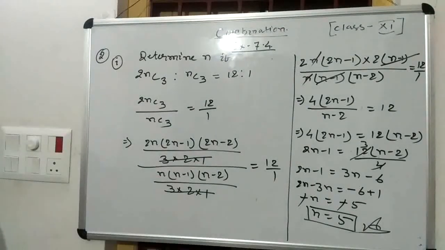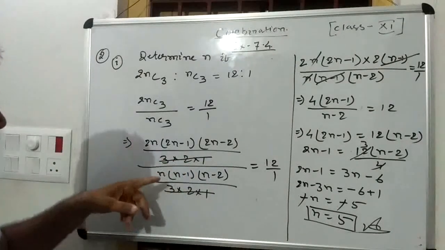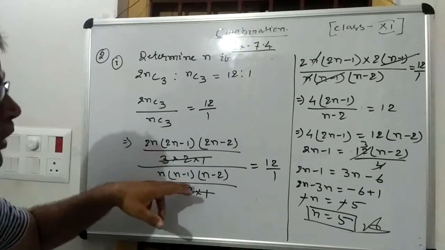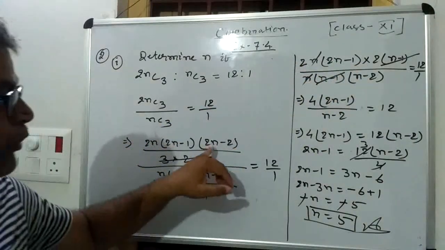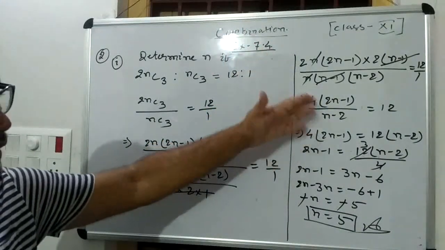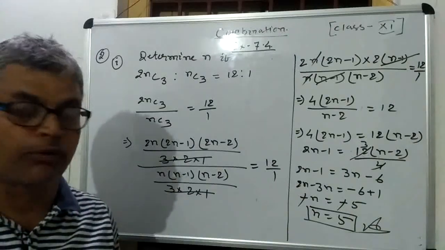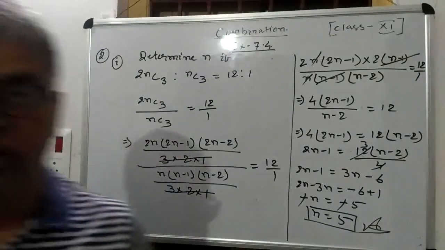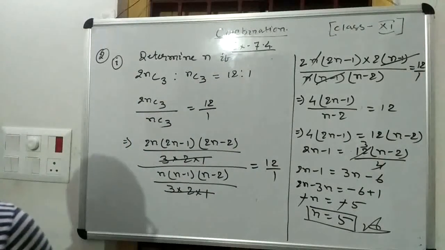So in this way, children, this question can be solved in a very easy manner. This is the method by which you can solve it. In this way, we apply the shortcut method of calculating the combination. So 2nC3 can be written in this form, and thereafter taking 2 common from 2n minus 2, then cancel the similar terms in the numerator and denominator, and thereafter cross multiplication, and performing that we obtained the value of n, which is equal to 5. So okay, thank you. All of you practice such type of questions.